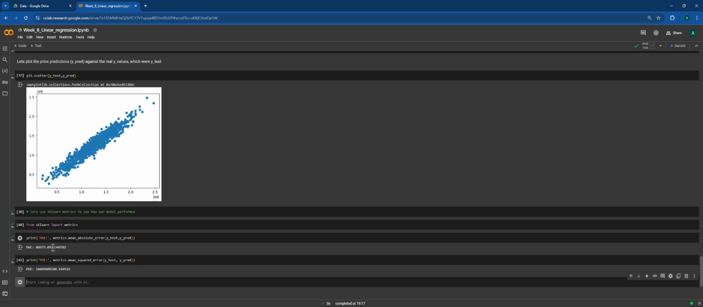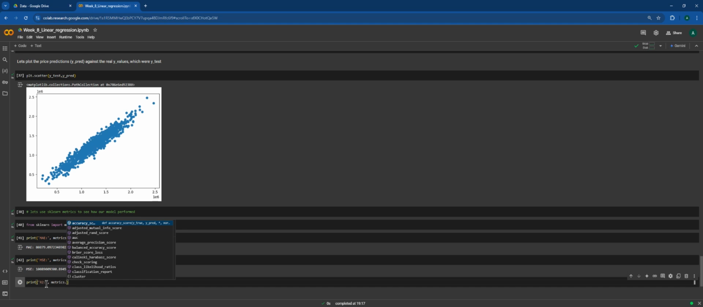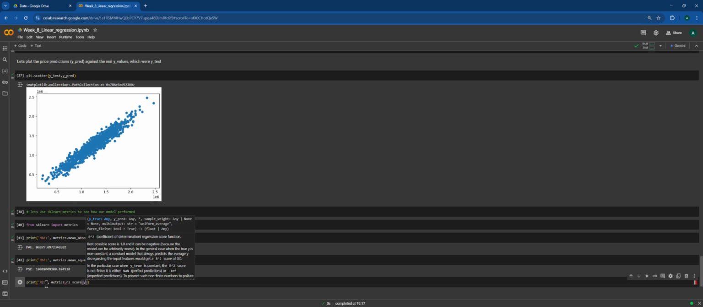And I've got a homework for you tonight, yeah? So I'm getting these values, and finally print R2. Sorry, R2, and I'm going to say metrics dot R2 score. R2 score of, again, y test and y pred. Okay,